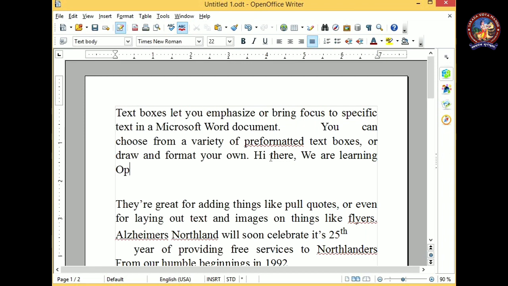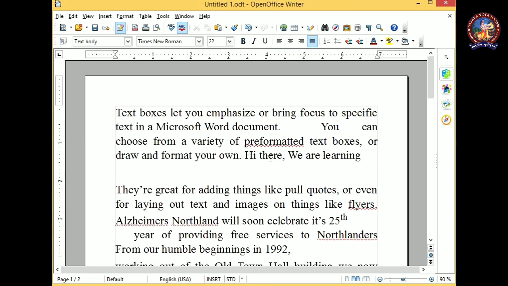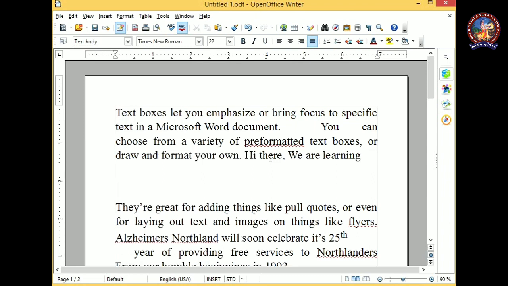So this feature is called the word wrap. So word wrap means whenever we reach the end of the line, automatically the word will be sent to the next line. You can also go to the next line by pressing the enter button. Like if we press enter here, you can see the cursor is blinking on the next line. But word processors provide this feature. So this is called word wrap.